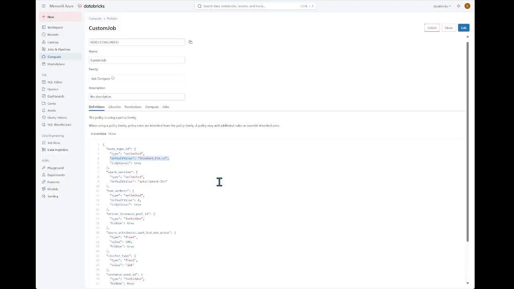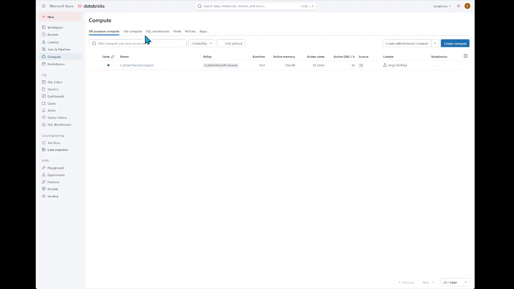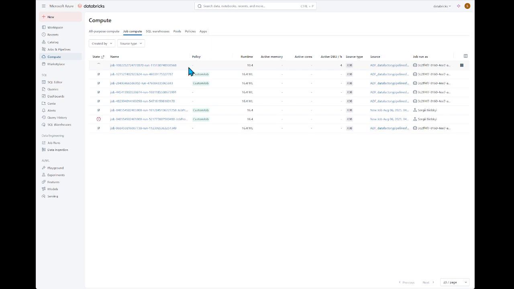Not everything is available for my subscription, and I specified compute resources for this custom policy, and I need to create a job based on this policy. How can I do it from a data factory?